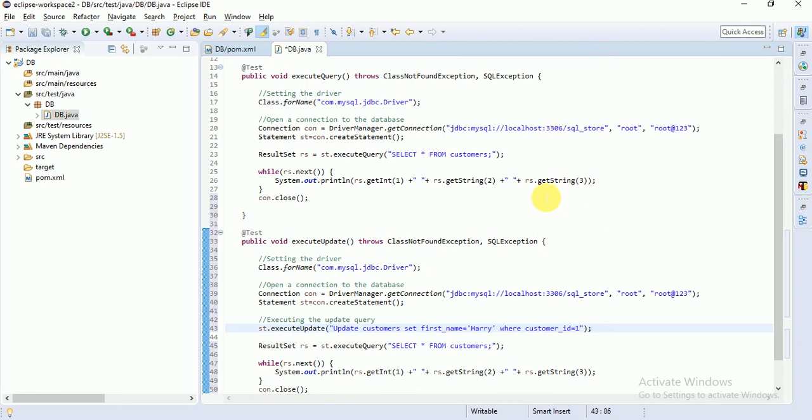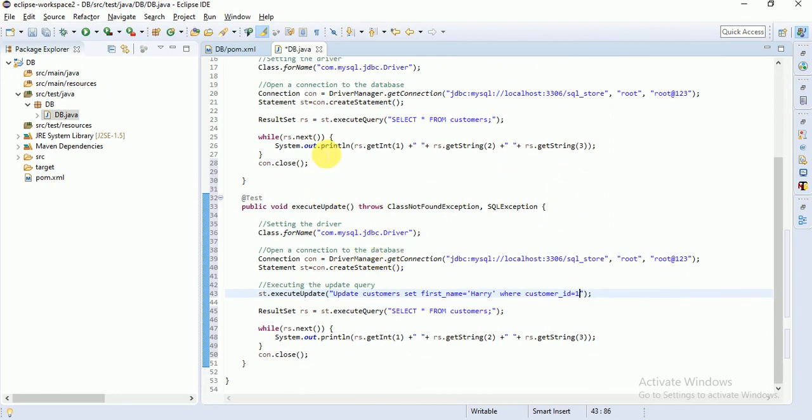That's it. Okay, so see what the difference is: execute query is for executing the select query, and execute update is for executing the update queries. Anything you want to change in your database, you need to use execute update. Or if you want to fetch the data from the database, then you can use execute query. Okay, fine. So once it is executed, again we are trying to get the data: select star from customers. Now which name does it need to show, guys? It needs to show the name Harry in our first set of the data.